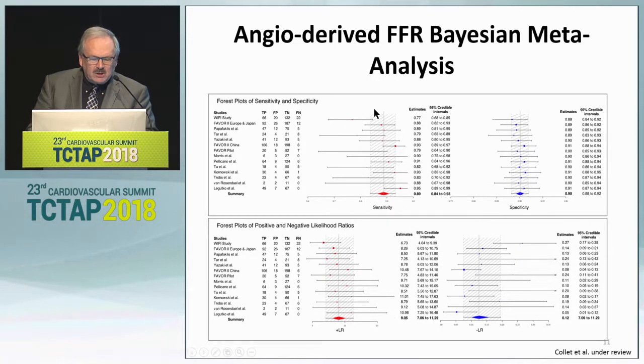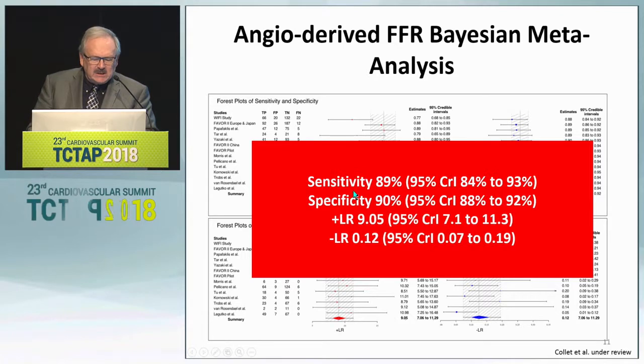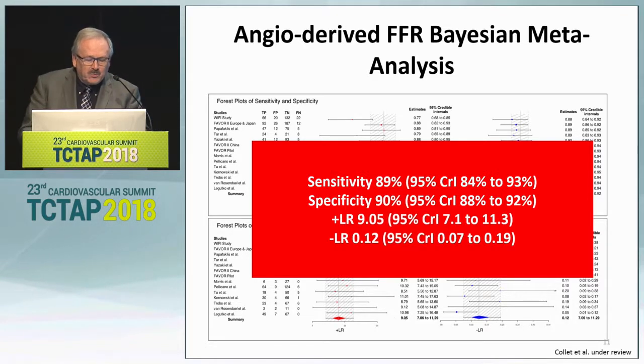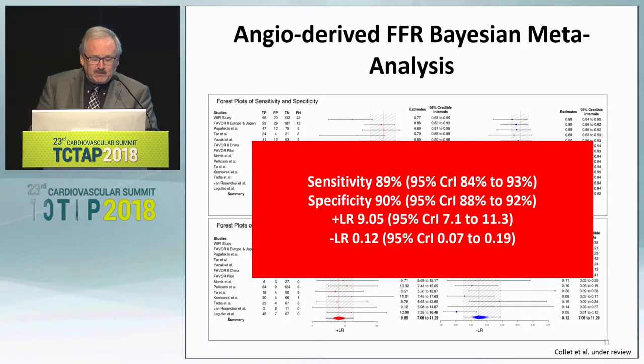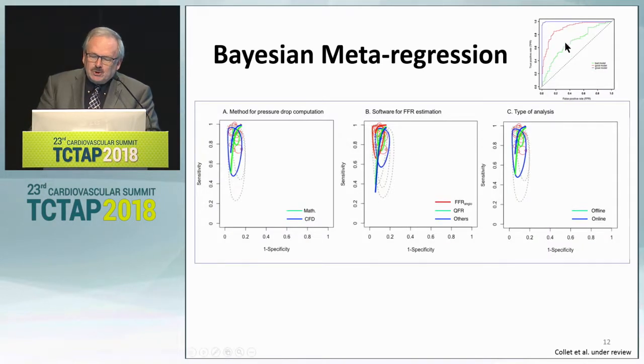to see that there are a great number of studies, and the sensitivity of the QFR derived from the coronary angiography versus the FFR or iFR derived from the pressure wire is quite impressive. A sensitivity of 89%, a specificity of 90%, and also the other parameters. And what you see here is basically the shoulders of the area under the curve, and we are publishing in